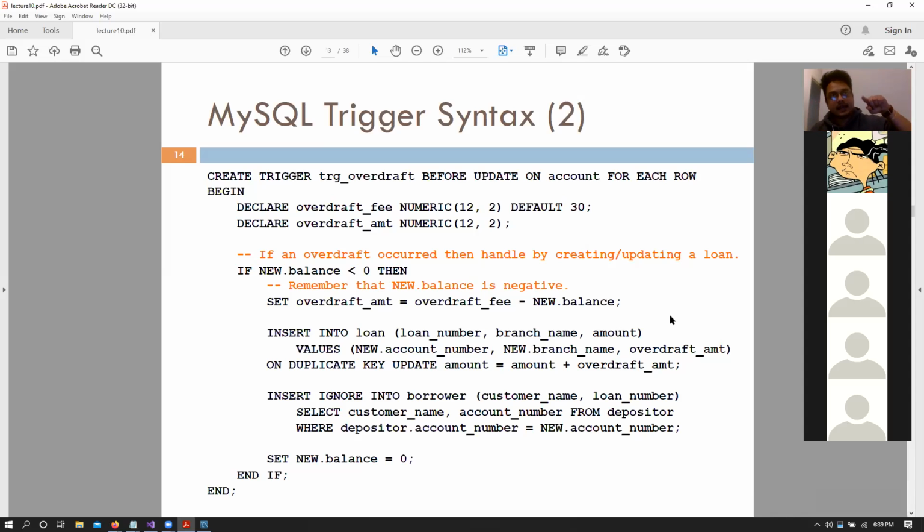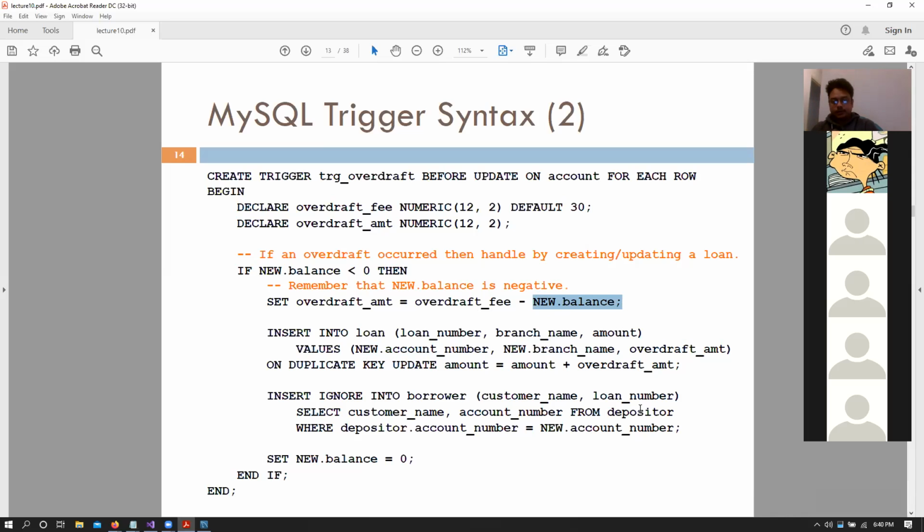So we can access the previous row that was before the modification using capital OLD, and the updated one can be accessed as capital NEW. So whenever we have new.account_number or new.branch_name, or basically new.balance, we are talking about the updated balance. If we had old.balance, we are talking about the previous balance before the update. Does that make sense?